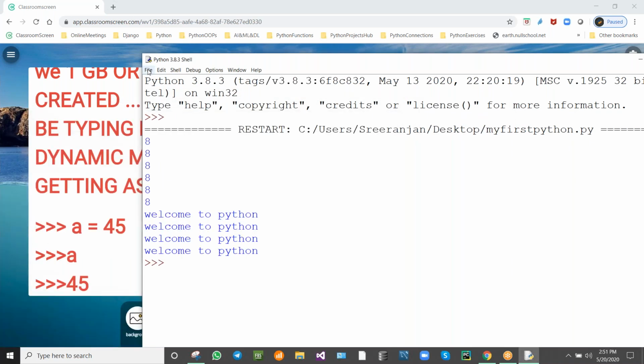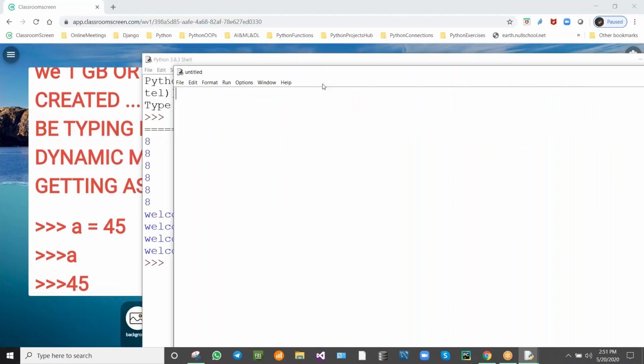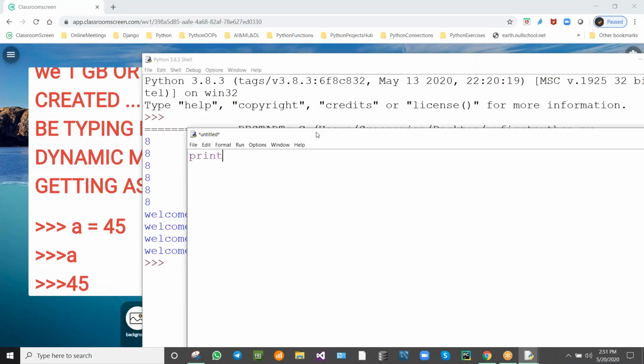First click on file, new file, open with the new file, write a program, print. So we can write whatever we want.